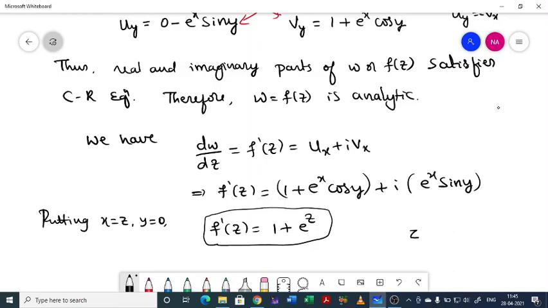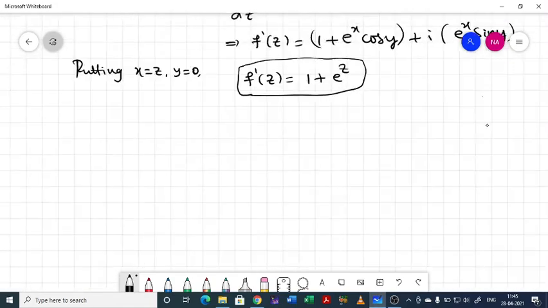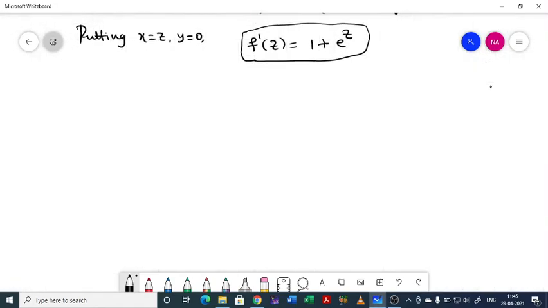See, actually the given function is z plus e power z, right? If you differentiate this with respect to z, with the idea of real functions, you can get 1 plus e power z. So the same answer you are obtaining here. So keep that in mind. That helps to verify whether the derivative you got is right or not. So that completes the solution of the first function. Next, problem B.